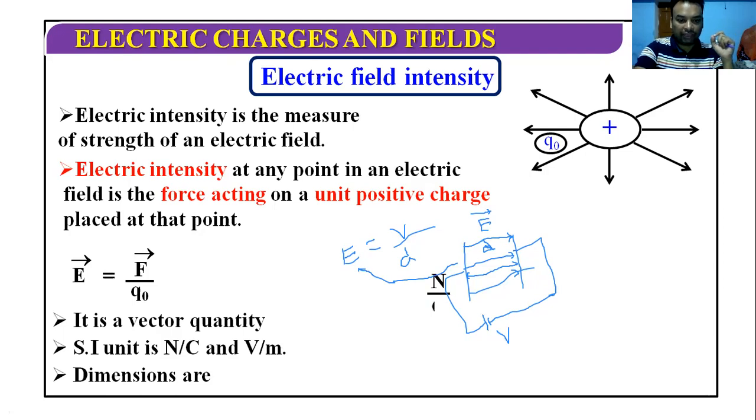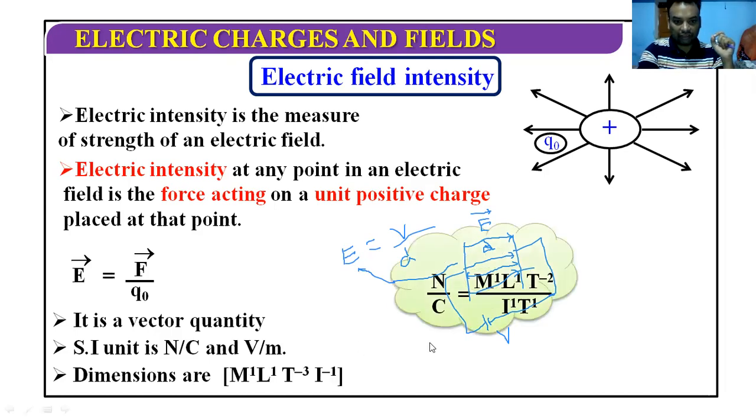Now we can find out the dimensions of electric field. Because electric field is made up of two terms, one is the force, other is the charge. Force is in Newton, charge is in Coulomb. We know the dimension formula of force, which is M raised to the power 1, L raised to the power 1, T raised to the power minus 2. And we also know that Coulomb is a derived unit. It can be derived from current and time. Current is in ampere, so it is written as I raised to the power 1 and time raised to the power 1. So finally,